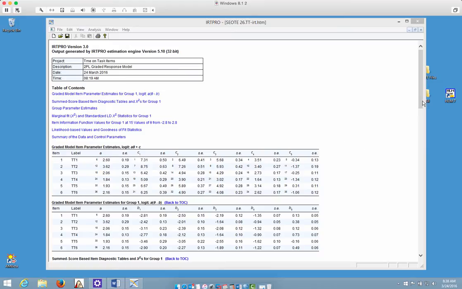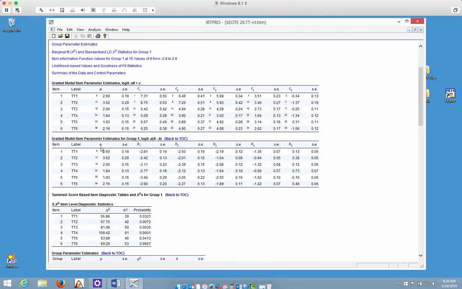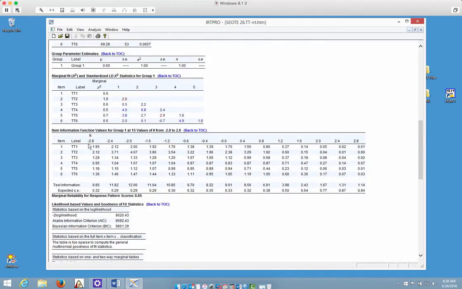So we were provided with our slope and thresholds for each item, and these are the parameter estimates that allow us to calculate the log likelihood for each of the items of moving from one response category, such as strongly disagree, to disagree. And then we have the item information function. This is really a measure of the preciseness of our items in measuring people at the